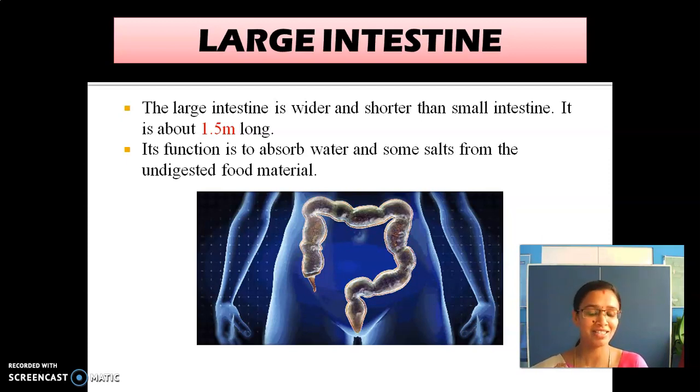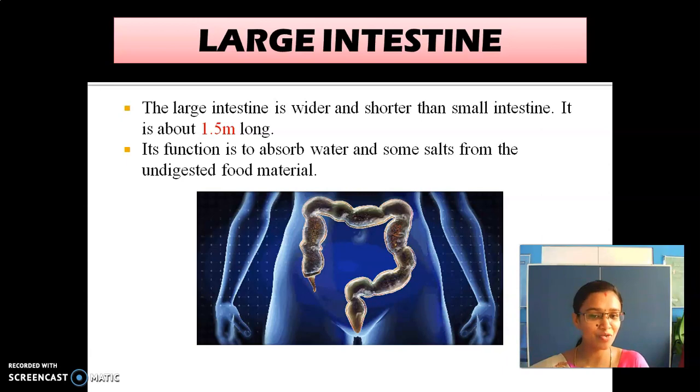In the stomach, what happens? The juices are secreted. Yes, the digestive juices are secreted in the stomach. They are pepsin, mucus, and hydrochloric acid. After that, what happens? The food is sent into the small intestine. Before it reaches the small intestine, what is mixed with it? Bile juice and pancreatic juices are mixed with the food. So the complete digestion process takes place in the small intestine. After that, the digested food is absorbed by the walls of the intestine and then transported to all parts of the body.